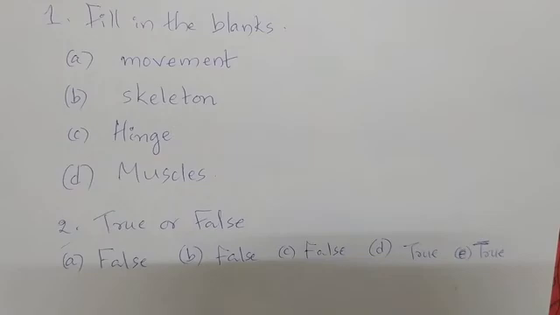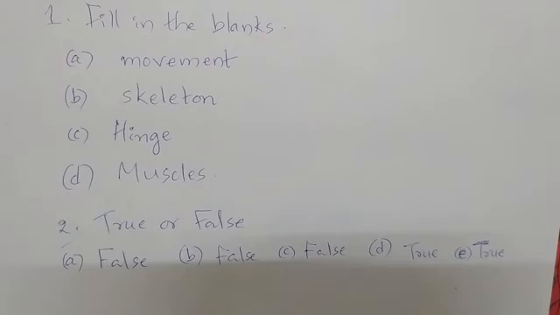C. The finger bones do not have joints. You are able to bend your fingers, right? How are you able to bend your fingers if they do not have joints? You cannot bend. But you are able to bend. That means they have joints. But here it is given the finger bones do not have joints. So this sentence also is false.